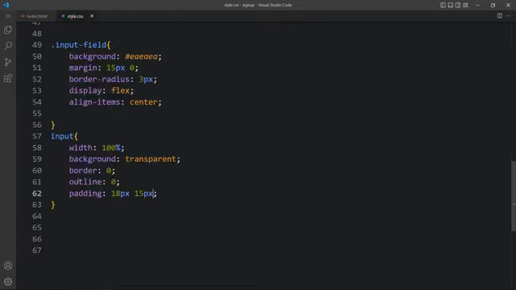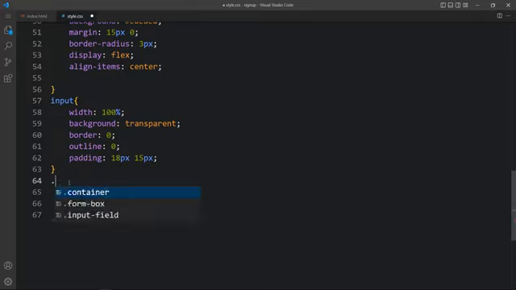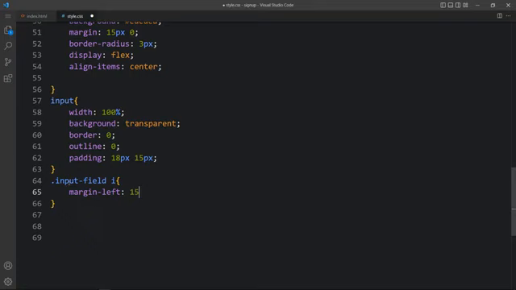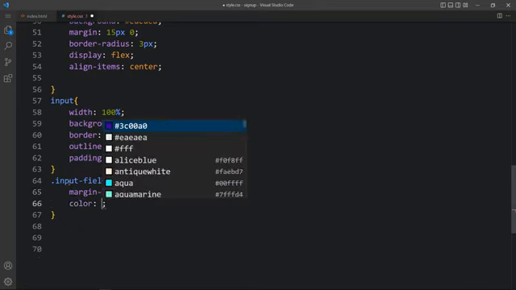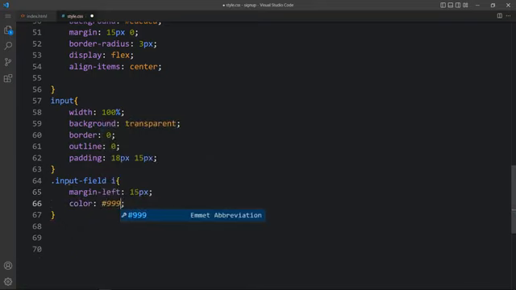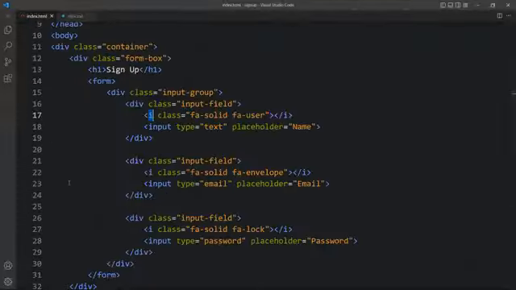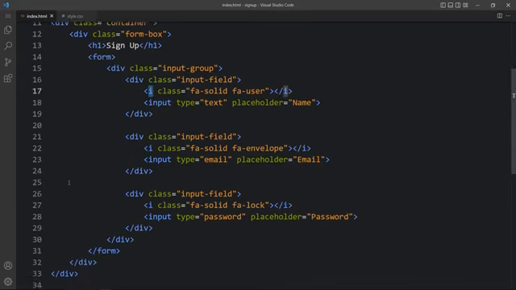So let's come back and here we will add input field i. So the margin left, it will be 15 pixel, then color. So it looks good. After that, we have to add a message in the bottom. So just come back and in this HTML file, after this div,